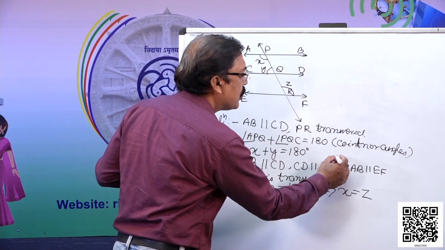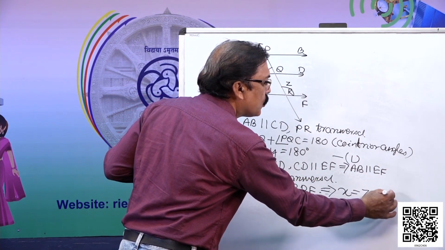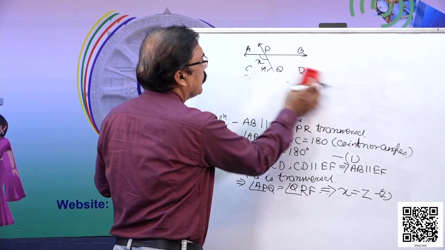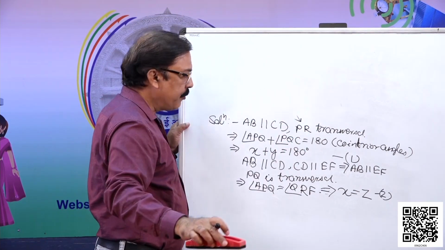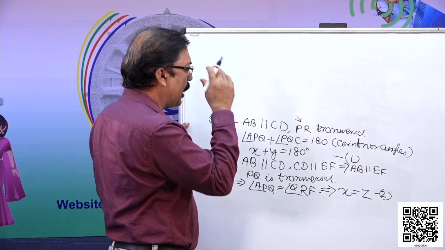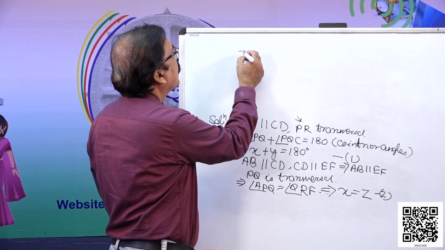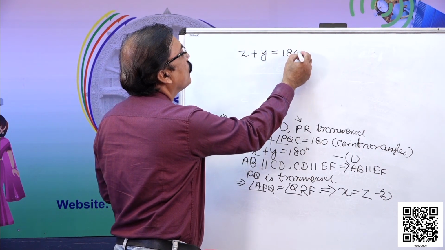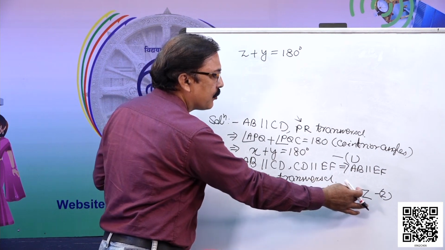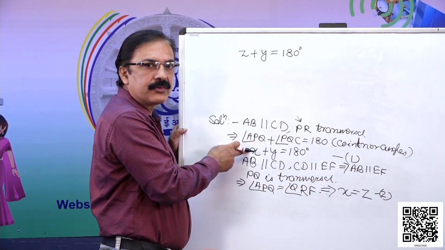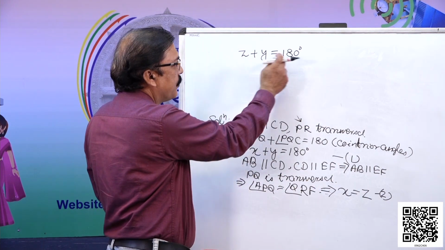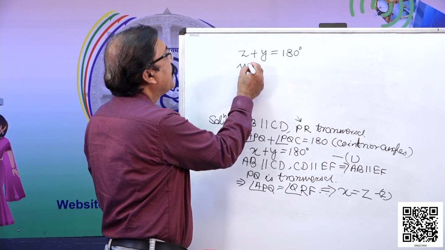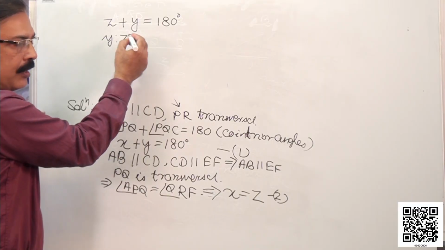So, from equation 1 and equation 2, what do we get? From equation 1 and 2, we get that Z plus Y is equal to 180 degree. Because X equal to Z, in place of X we can write Z. So, Z plus Y is 180 degree. And also, Y to Z is given to be